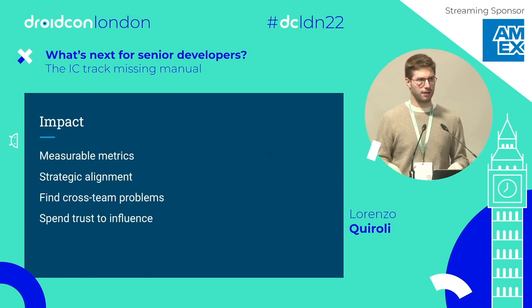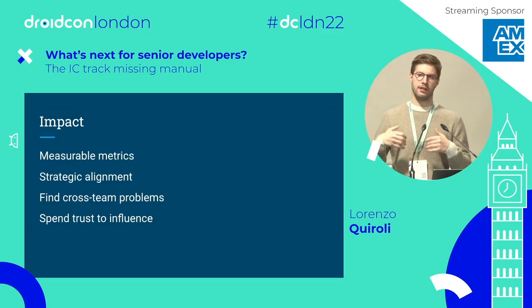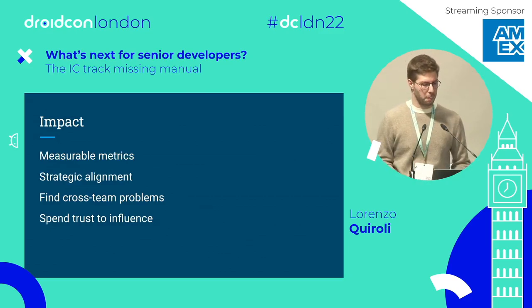Finally, impact is one of the biggest things for staff engineers, and everyone is always accountable for impact. And the truth is, impact is really tricky, because how do you justify to your company, "I had this impact"? How can you communicate this message that you are worth the role and that you are worth the next level? The single biggest thing for me is having metrics to justify what you have done.